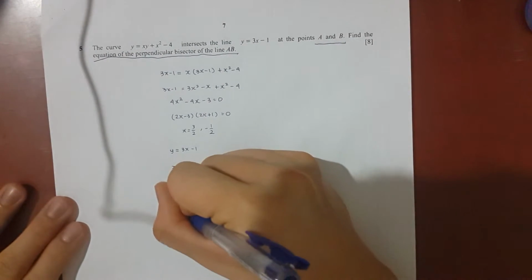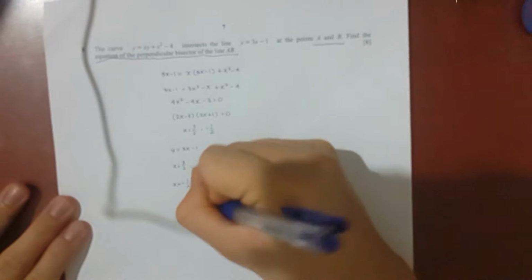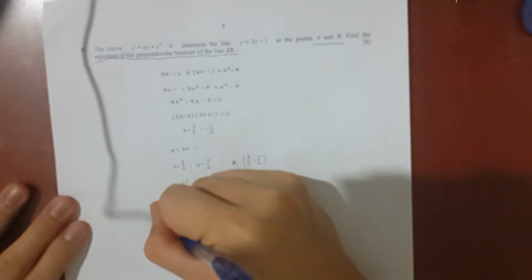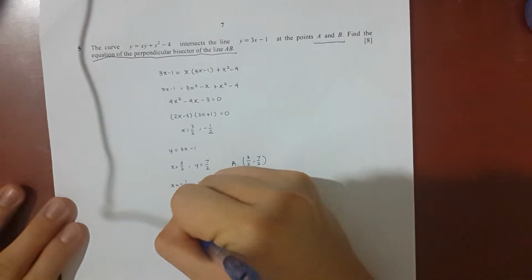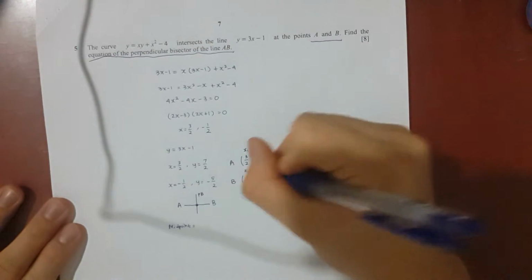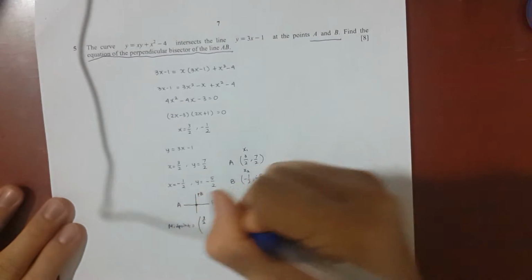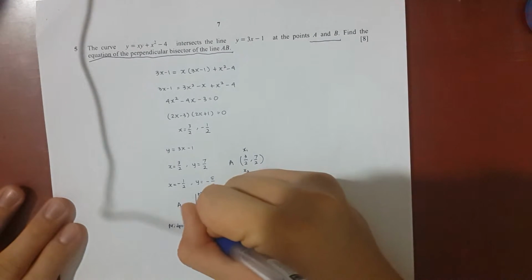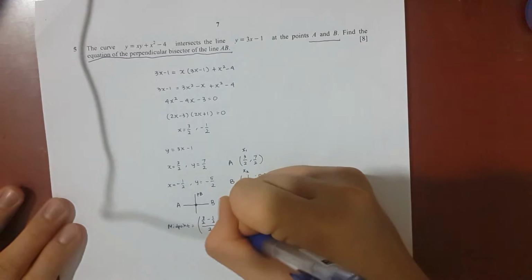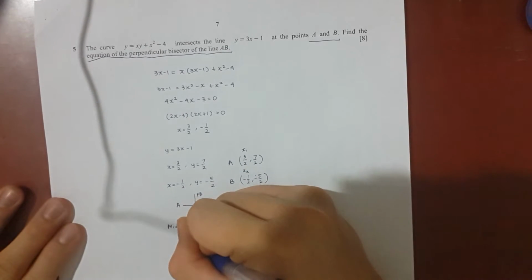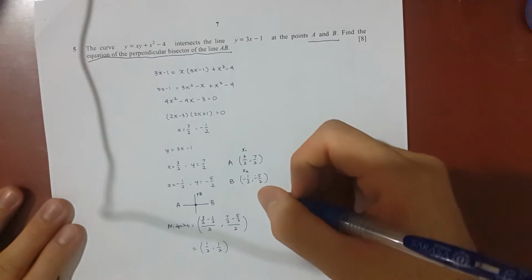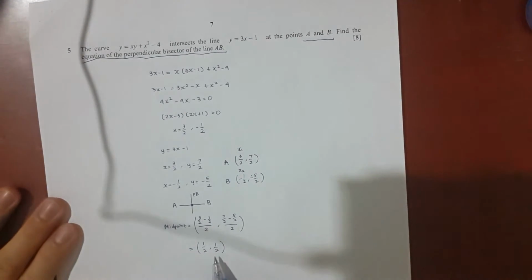So since this is the line AB, we need to find its perpendicular bisector, so we can just find the midpoint. So midpoint equals x1 plus x2 and then divided by 2. So 3 over 2 plus negative 1 over 2 divided by 2, then 7 over 2 plus negative 5 over 2 divided by 2. So you will get half comma half. So we know that this is the midpoint,